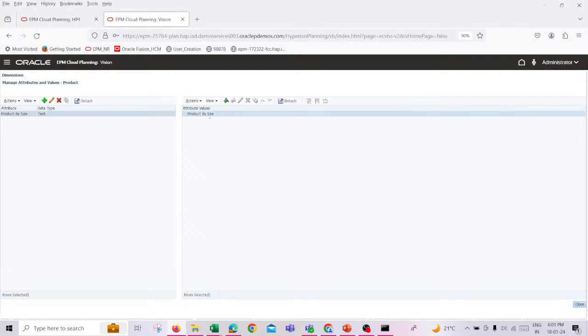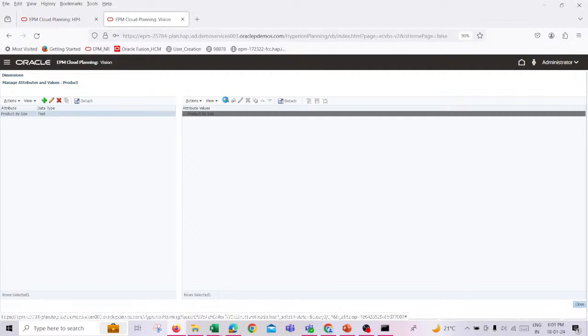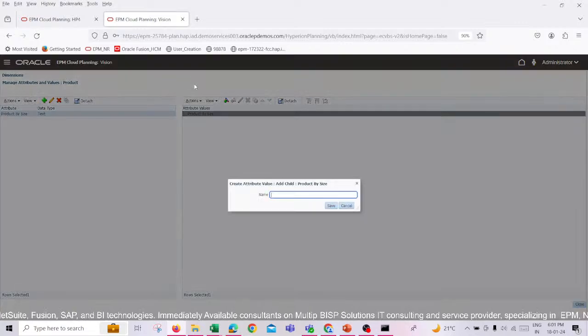And then under product my size, I'll add over here children. I'll make it more specific. I'll add the size, like it can be